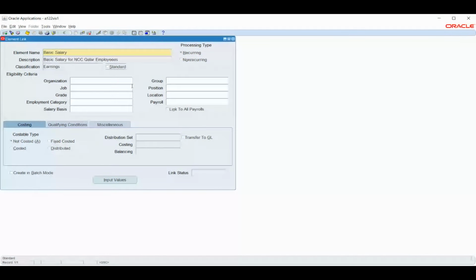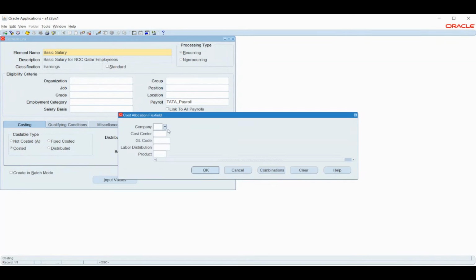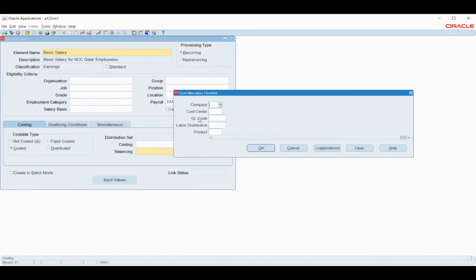And I will attach this with the payroll that we created. So we have given it. Now I'll say this is a costing. When we say this is a costing, it will ask for the costing and the balancing, so I'll give both pieces of information.